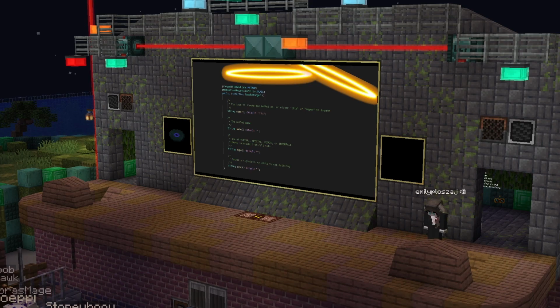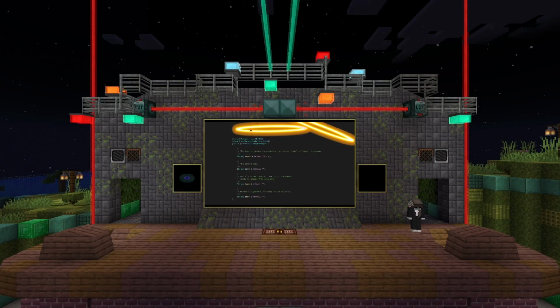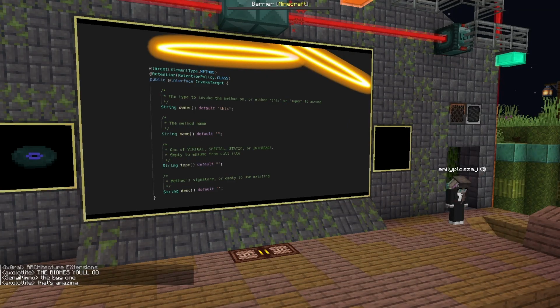It's worth noting that the constructor invokes need to use the invoke special instruction instead of invoke virtual, which is what normal instructions would do. The annotation supports setting this, but it's also just hard-coded to work for methods named init, because that's the only way you'd ever invoke them.